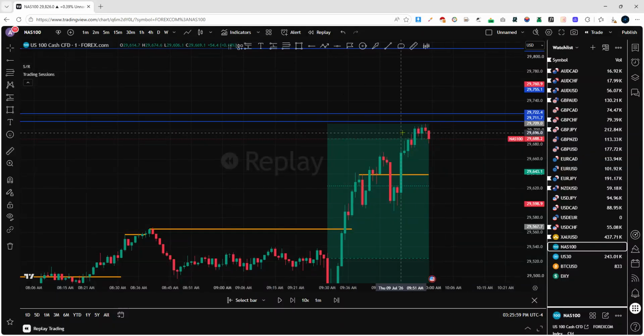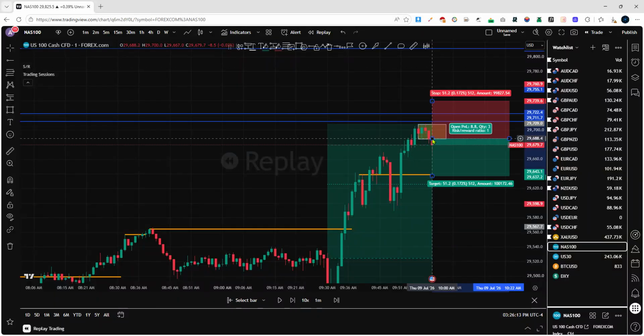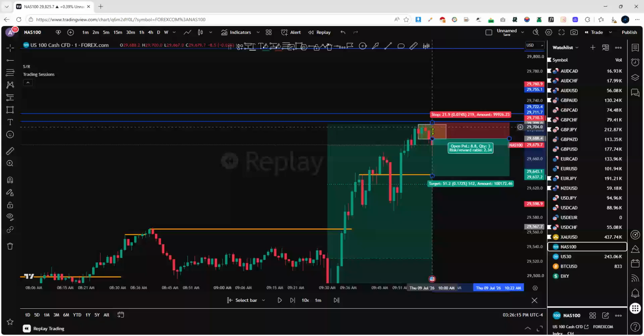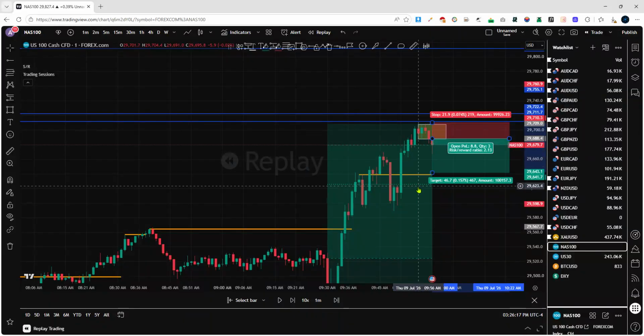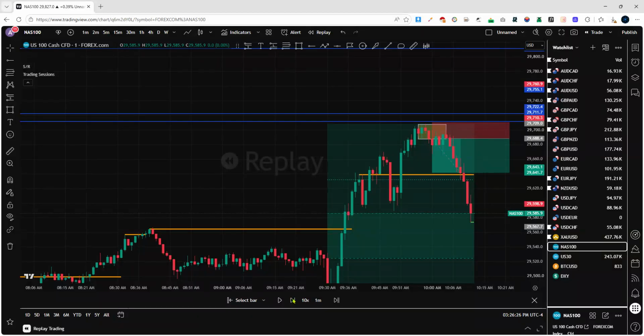So what I did is this last green candle, I drew my zone, engulfed. I wait for price to come back now in this next candle and tap me in, which it did. I went short. And then I pretty much was looking to take price down to this zone right here for a nice 1 to 2. Price ended up coming down and hitting my TP. So that was